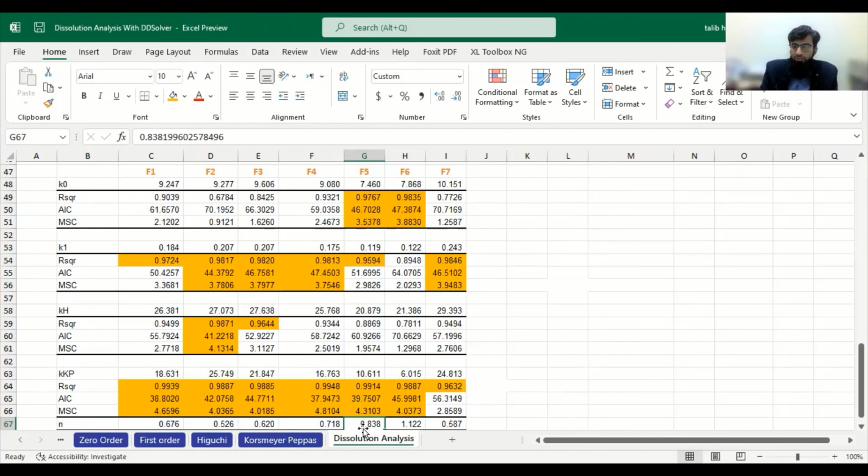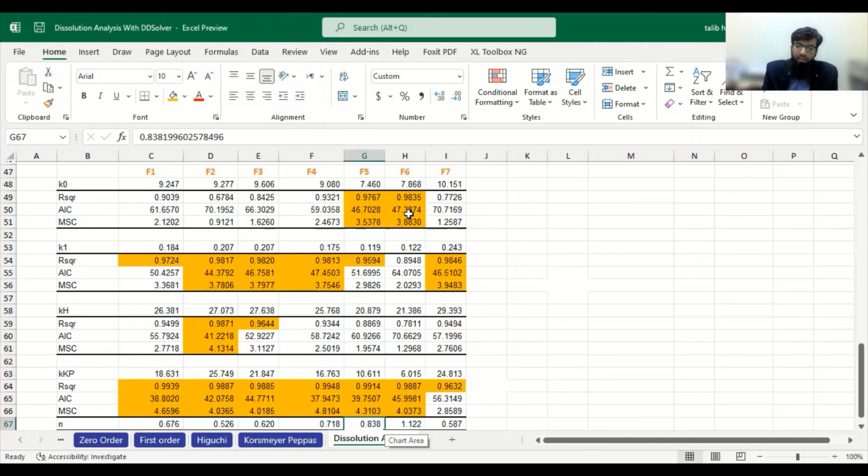And this value is very near to 1. So it defines that it is a predominantly diffusion system. Whether the drug is dissolved or not dissolved, the drug release will be only dependent on diffusion of the system. It is under the combined dissolution diffusion window, but near to the diffusion mechanism. So diffusion is dominant over dissolution kinetics.